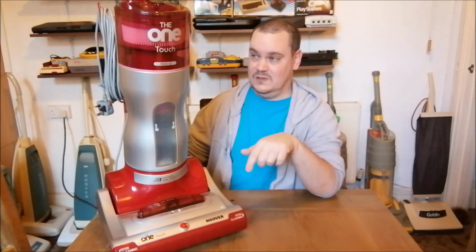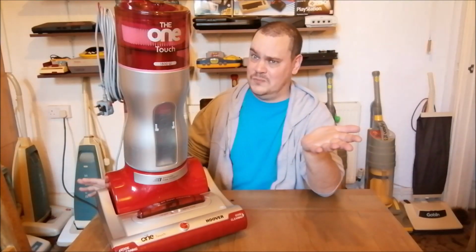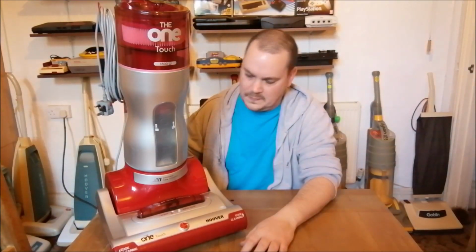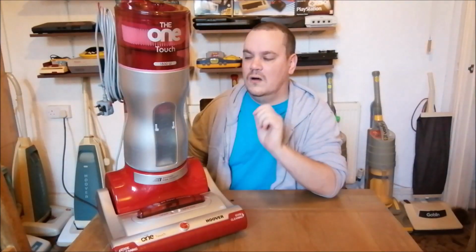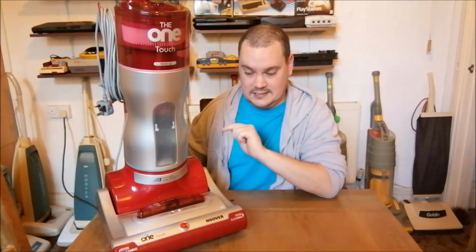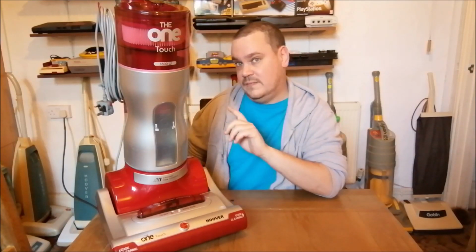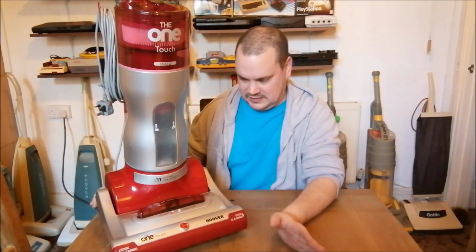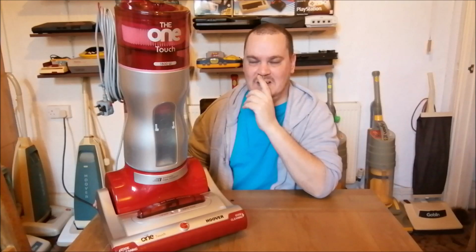That was the one that made me think about doing it with the Bosch. It actually did quite well, surprisingly so. In fact, there are a couple of positives to this cleaner, and they don't outweigh the negatives by any stretch. Absolutely do not. Oh, there's one other thing. Before I go on to the positives,